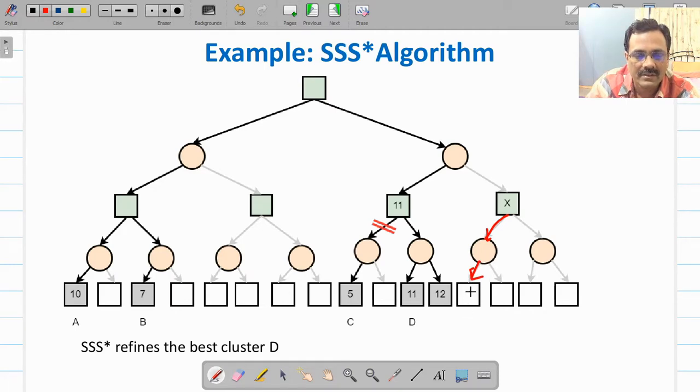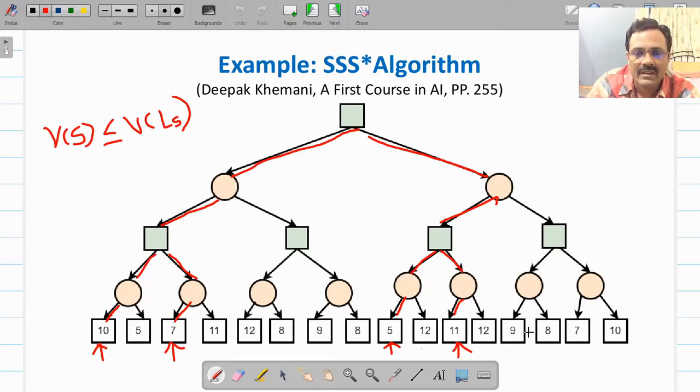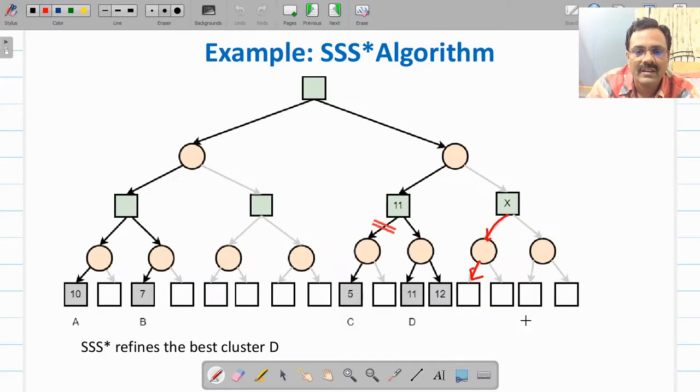So the value of that node is, let us go back, it is 9, and then the right hand side 8. So this node has value 9, right? And this node,